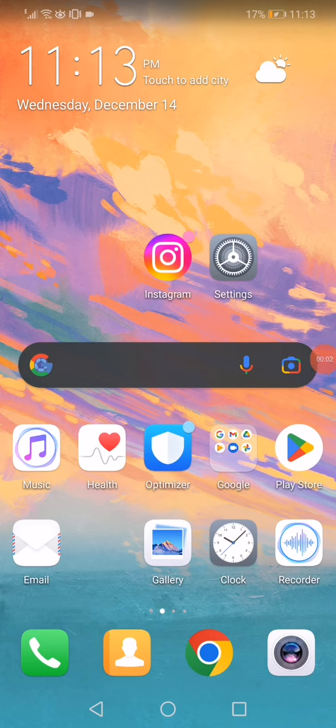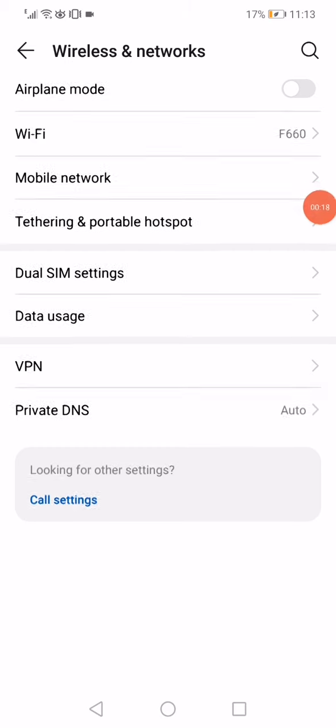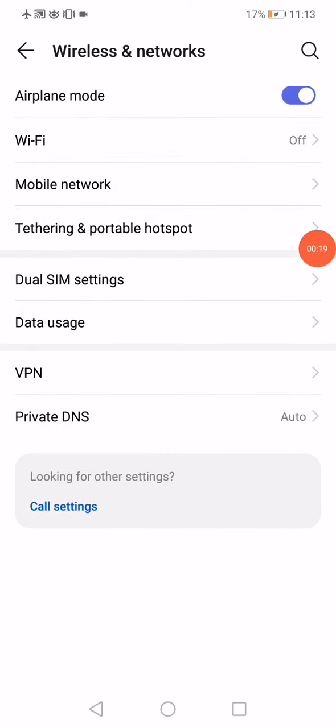How to fix Instagram unable to load images from gallery. So to fix this problem, it's actually very easy. All you have to do is open the settings on your phone. This is the settings. Now go to the wireless and networks, and then turn on the airplane mode and disable